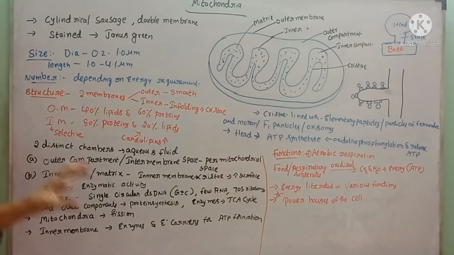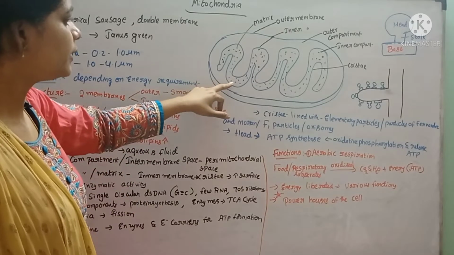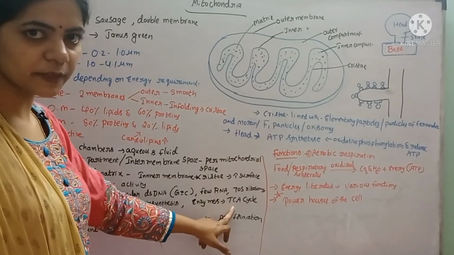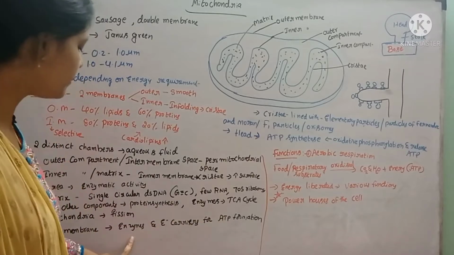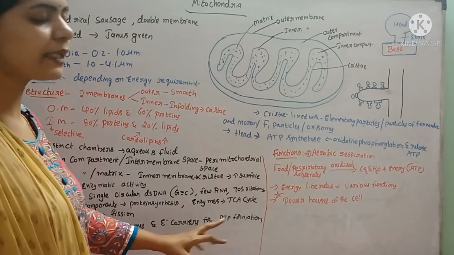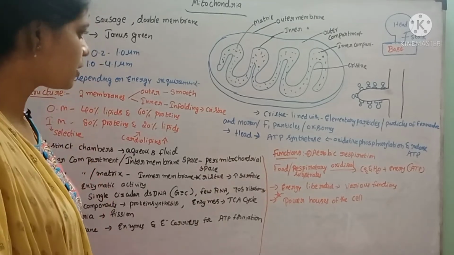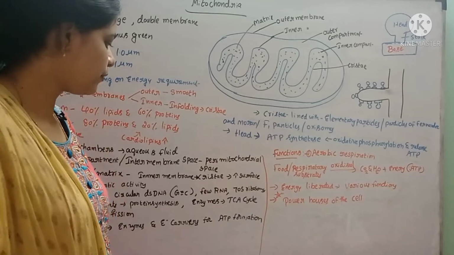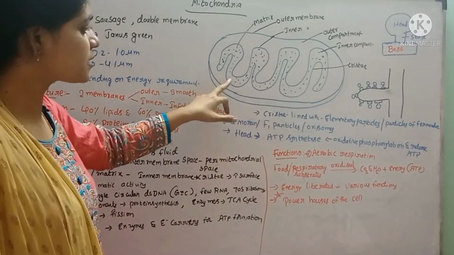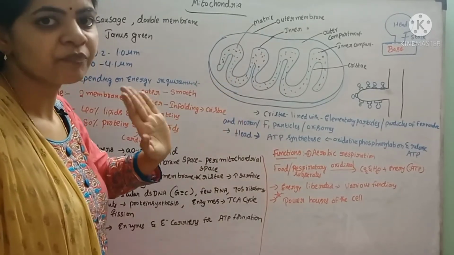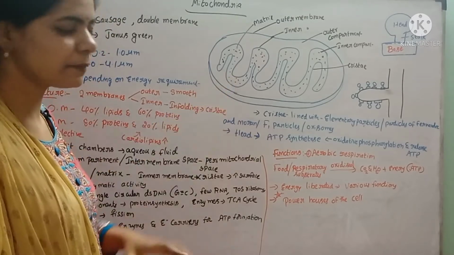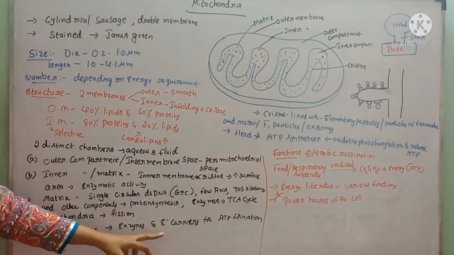And here, this is the inner membrane, right? The inner membrane consists of enzymes, we have already studied. TCA cycle enzymes are present within the matrix. That inner membrane consists of enzymes and electron carriers for the ATP formation. So whatever electron carriers are necessary for the formation of ATP and also the enzymes required for the ATP formation will be present only in the inner membrane, not in the outer membrane. The matrix consists of enzymes for the TCA cycle, whereas the inner membrane consists of electron carriers and enzymes